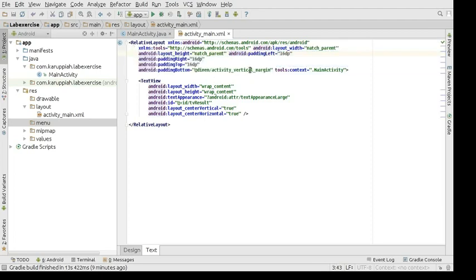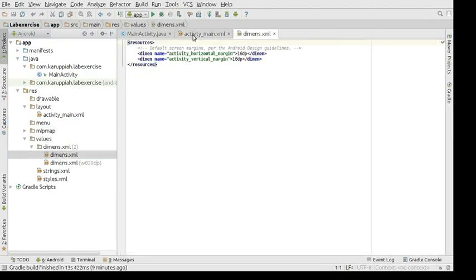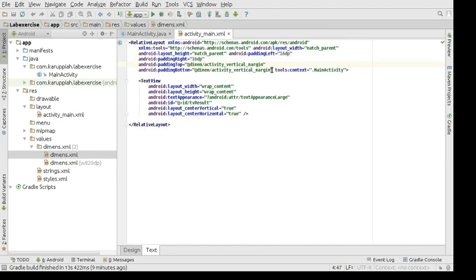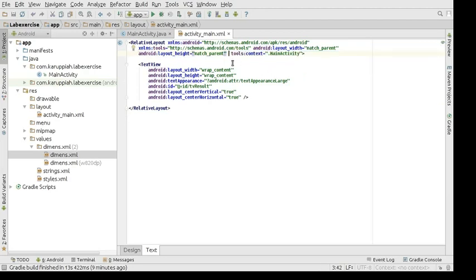Okay, right. There was a value over here, right? 16 dp. Now it's showing some @dimen/activity_vertical_margin. Basically, these are not typed values. These are values coming from some reference file. So these are the dimens files. The values over here are basically to change the values for different sized devices. And you use @ to reference stuff. Okay, I don't want to get into it because that's not necessary. And the code looks slightly messy.